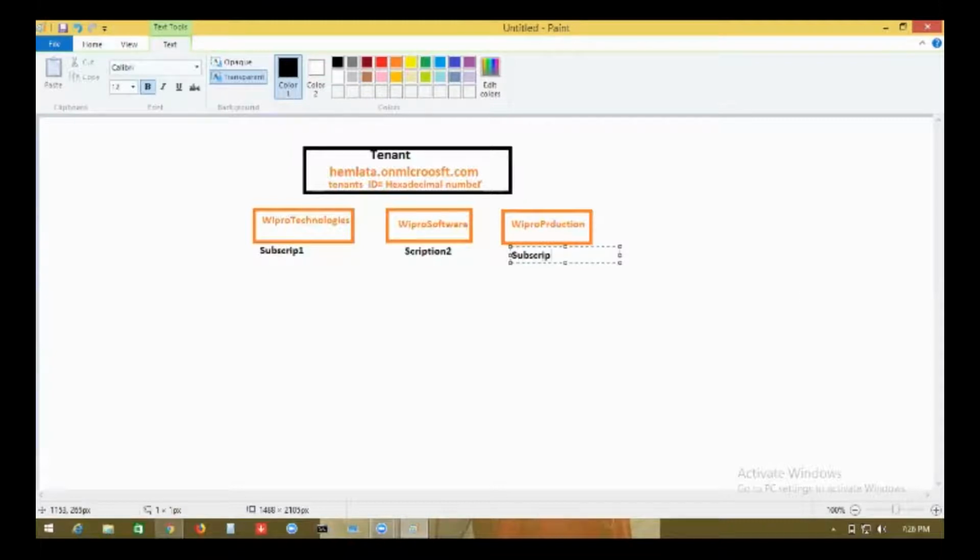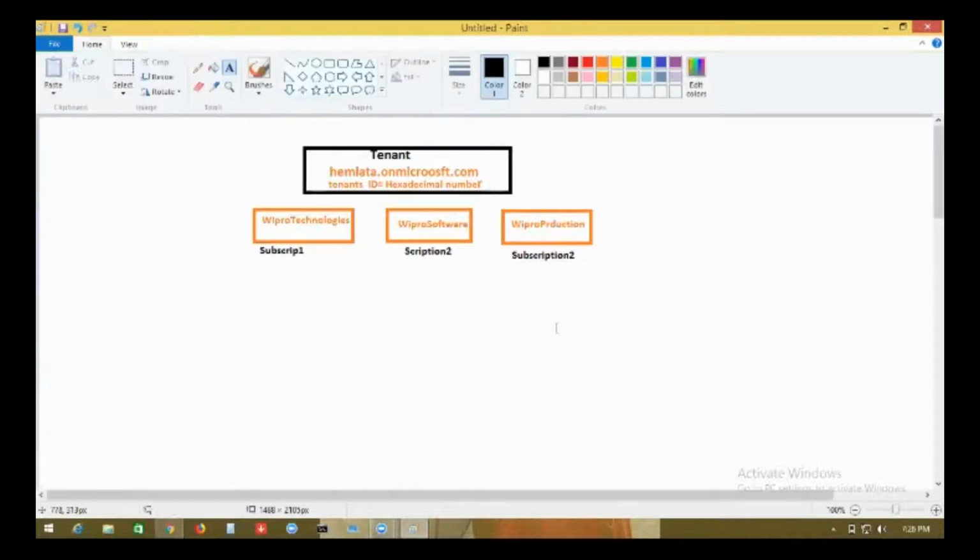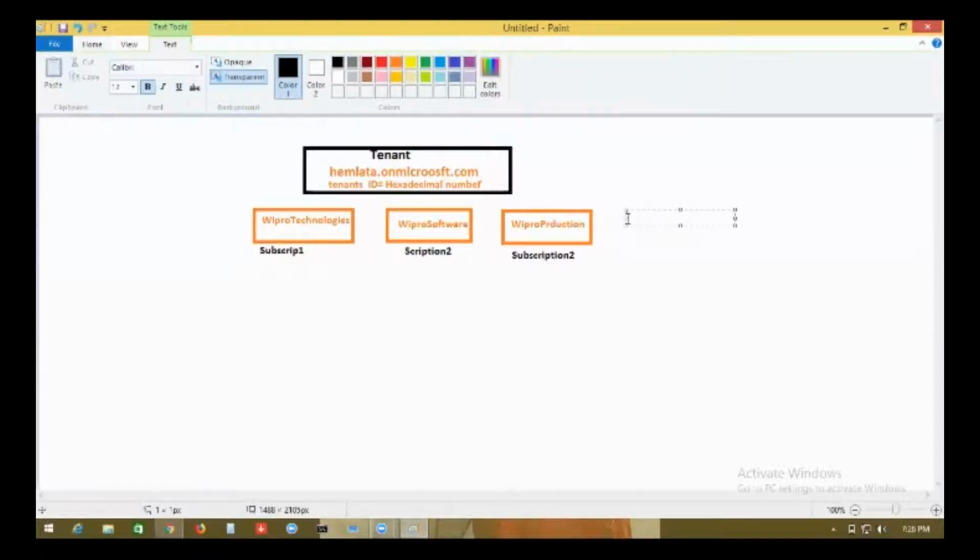For example, Wipro Technology is internally a totally different organization, right? They have a different payment structure and different work. But when they have an agreement with Microsoft, they make it as Wipro dot on Microsoft.com. Within that, they create multiple subscriptions because they want to keep the payment separate.